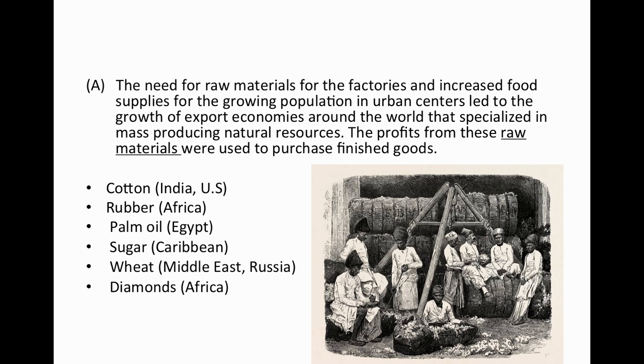So, for example, cotton is coming out of India. It's going to be used in manufacturing textiles in England, for example, and then those textiles would be sold to markets in India. We know sugar was a main export of the Caribbean that would be used for many things in both the United States and Europe. And then diamonds from Africa. I think that's a really easy one to remember, right? That's an important natural resource that maybe wasn't used for manufacturing, but obviously was used as a luxury item. So definitely be able to understand what these goods are and where they are coming from. Export economies.